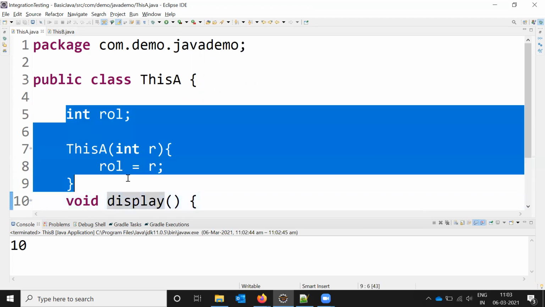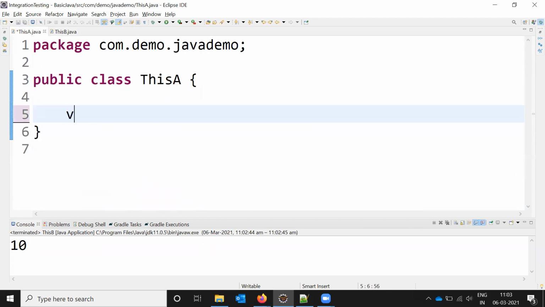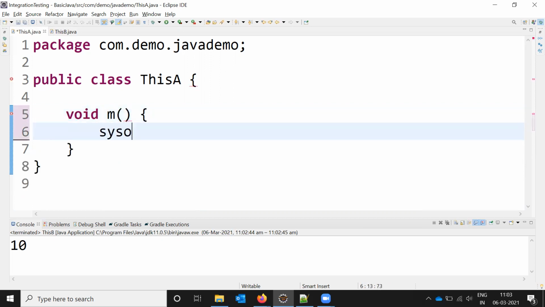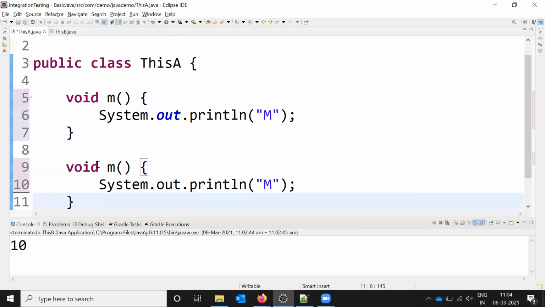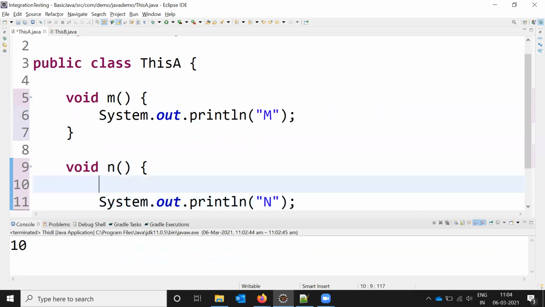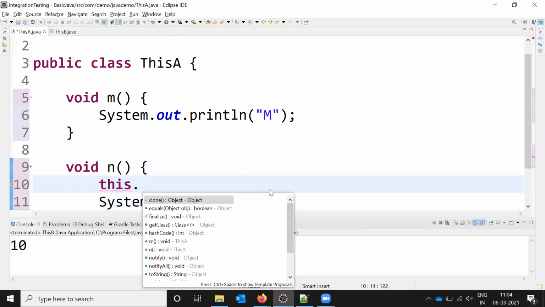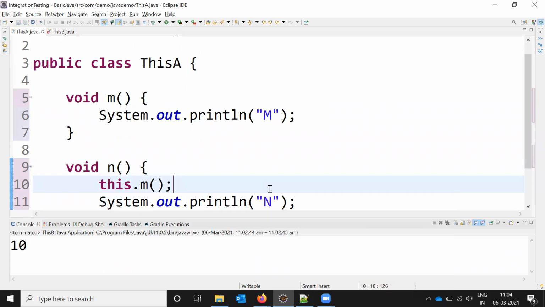I'm going to remove all this, and create a method void m, which displays m, and a method n, but I'm going to use this dot m to invoke the method.